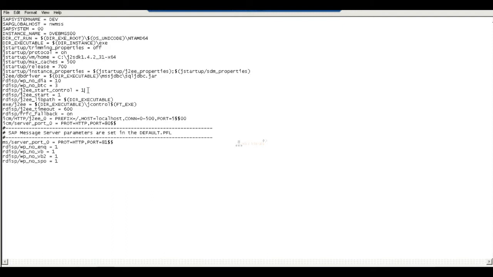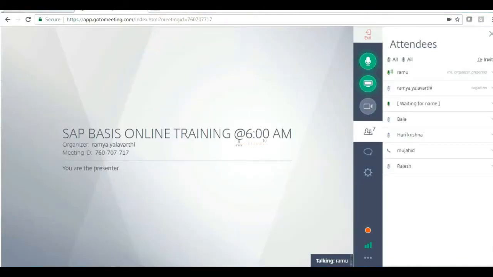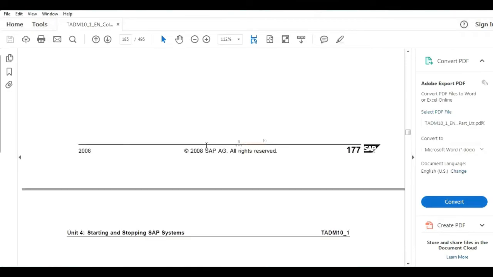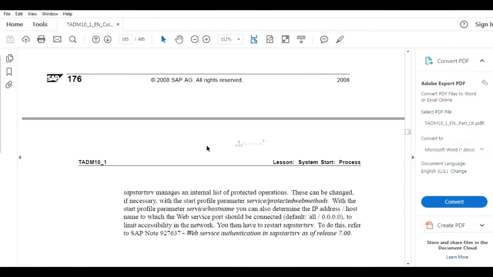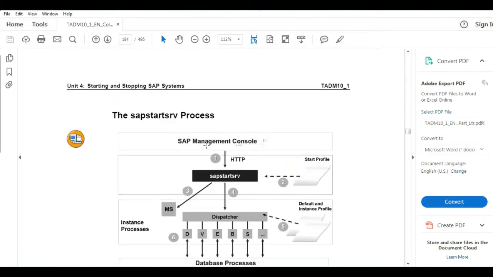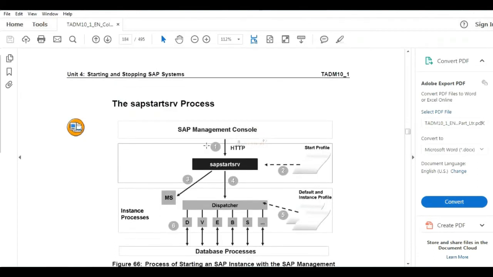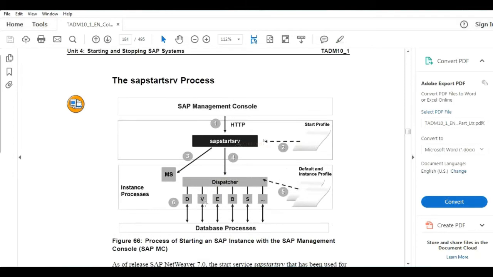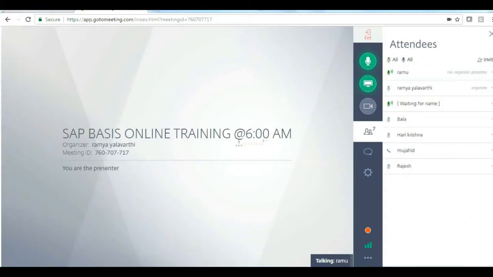Java start control. We will discuss the Java architecture. Just as we talked about the ABAP stack in this picture, the Java stack will have a similar picture. Internally, how does my Java stack start?